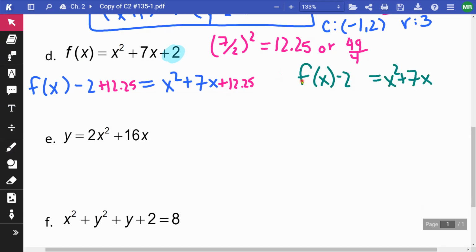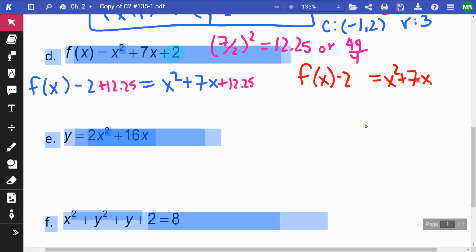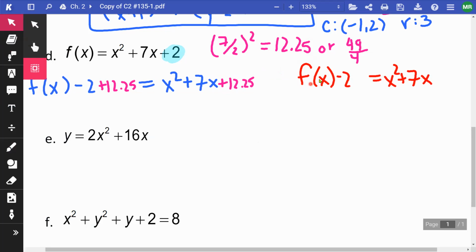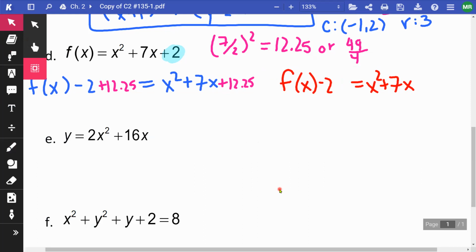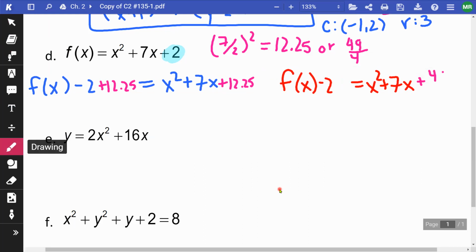And then in my red one, I'm going to add it as a fraction, 49/4. Okay. So then for the blue one, when I clean that up, I'm going to have f of x minus 10.25 is equal to,